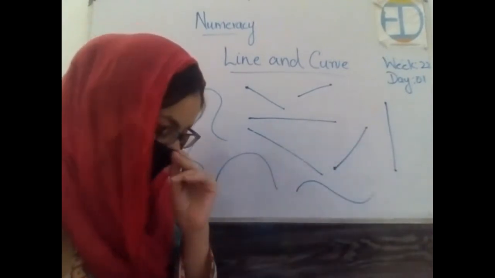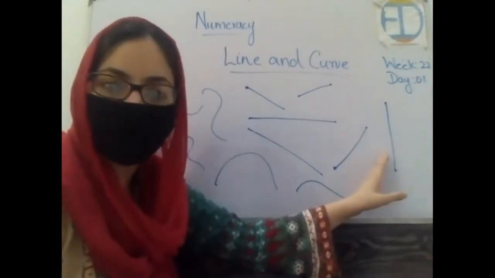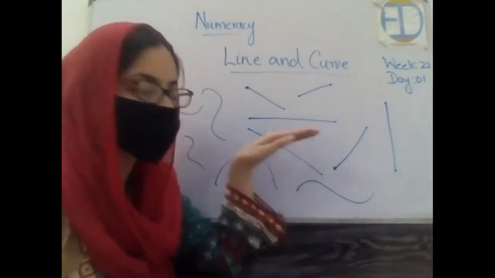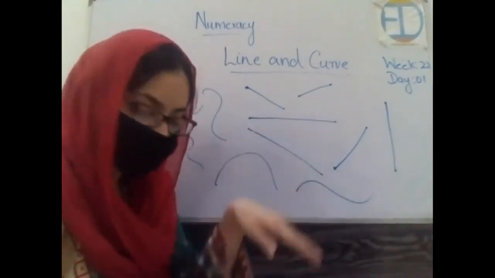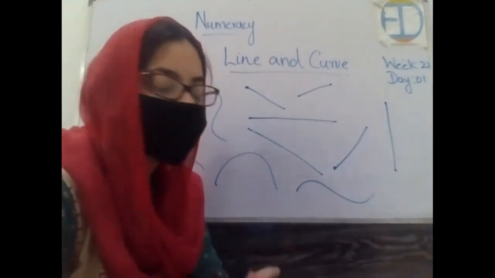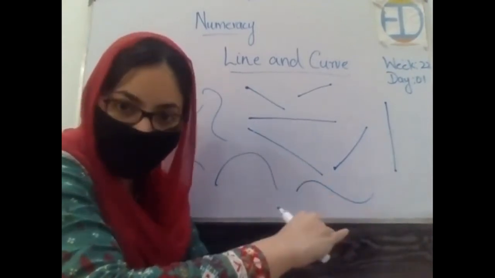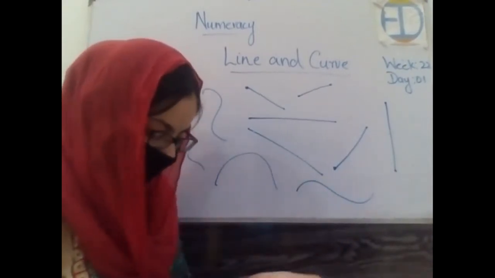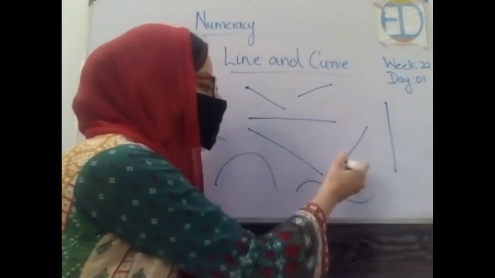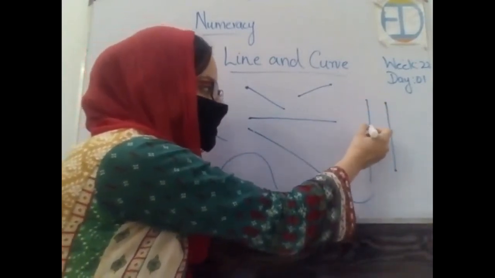The second they say is horizontal or sleeping. Now this is vertical or standing. This is horizontal or sleeping. Why is it sleeping? Because it is in a lying direction, right? And like the edges between a wall and a floor. Now it looks like the edge between the wall and the floor, which is on the ground, right? Oblique or sloping, like a ladder leant against a wall. Now this is oblique or sloping, like we place a ladder against a wall. Consider it as a wall and we have placed this ladder over here.